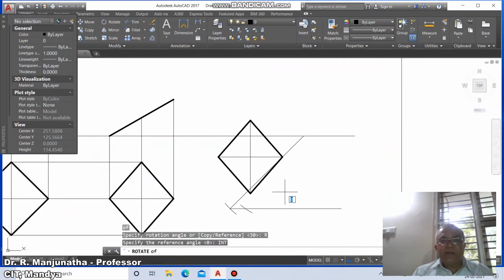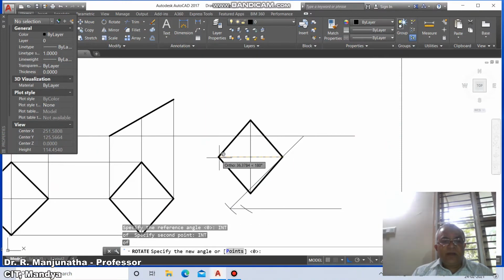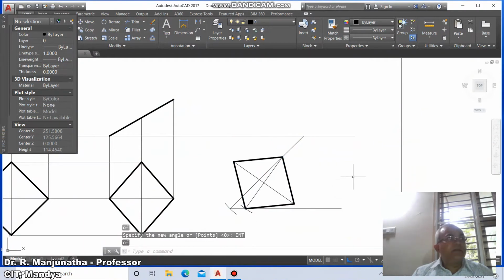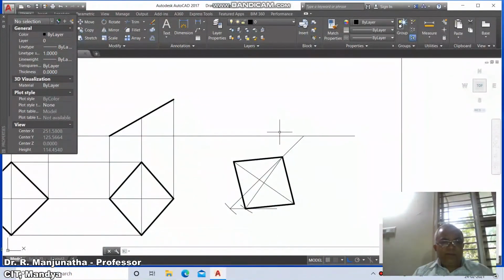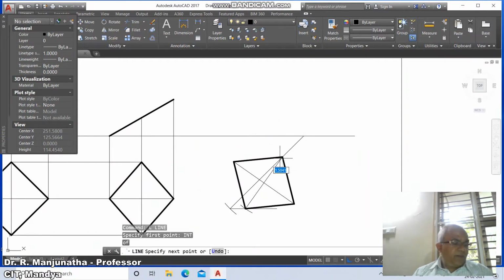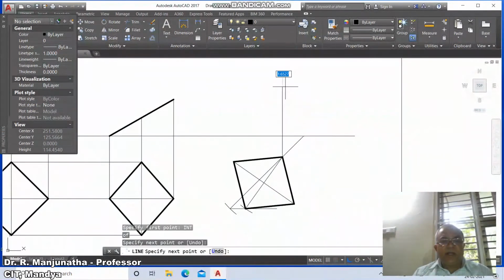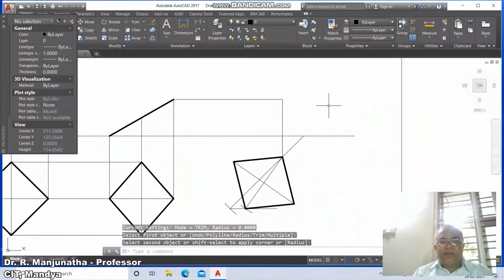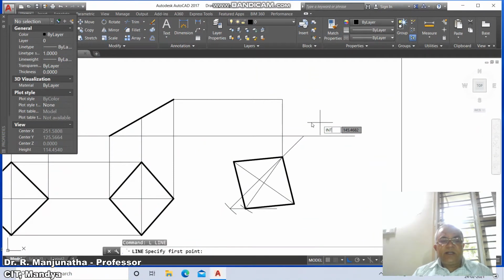You take intersection point of this and again intersection point of this and take new angle as intersection point of this and draw a line from intersection of this and here draw a horizontal line, take line intersection of this and draw a horizontal line, fillet between these two.